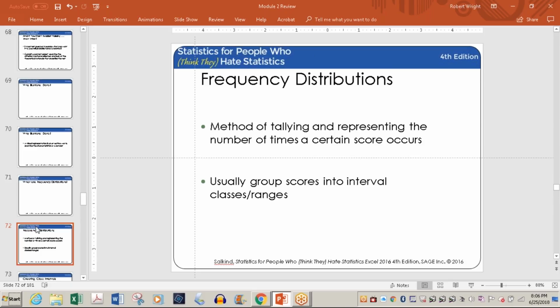He's talking about what he calls interval classes or ranges. You take a survey and ask what your age group is: 18 to 25, 26 to 35. But a lot of times there are individual ages or scores, and they don't always put them in groups. The good thing is whether you use interval classes, interval ranges, or individual scores, a lot of the same rules apply.